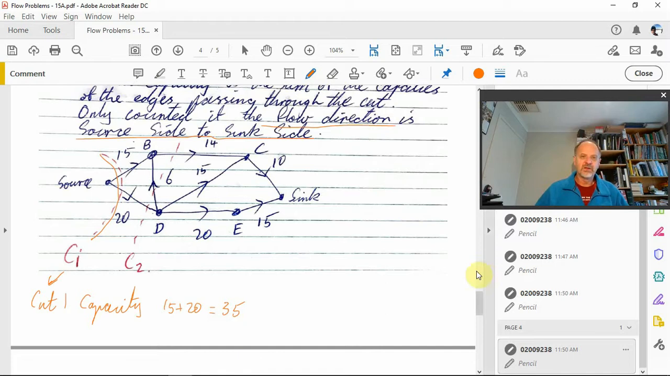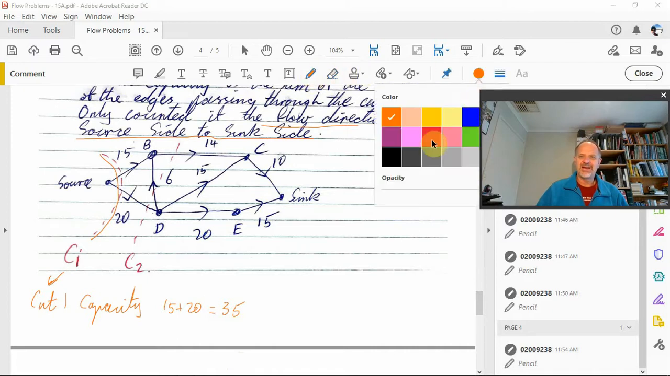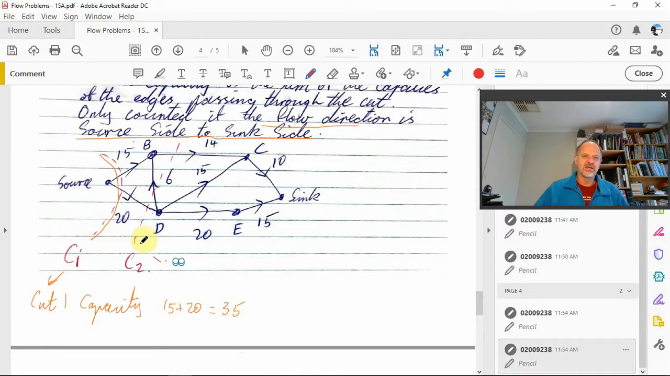Now, the next bit, let's see if I can change colours here. Change colours in the pen. Let's go that one. Oh, look at that. All right, so this one, cut 2. So cut 2 capacity cuts through this line here. The direction is going from source side to sink side. All right, so source side, sink side. So that's 20